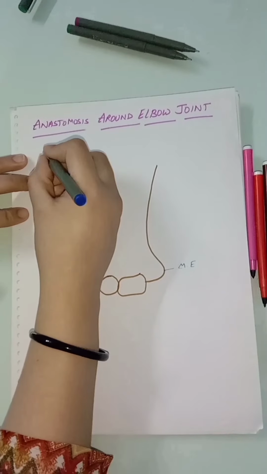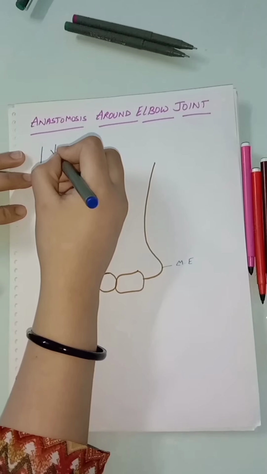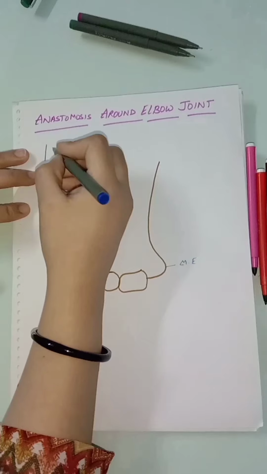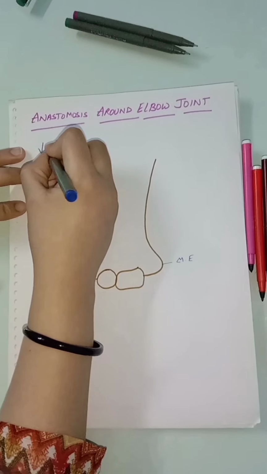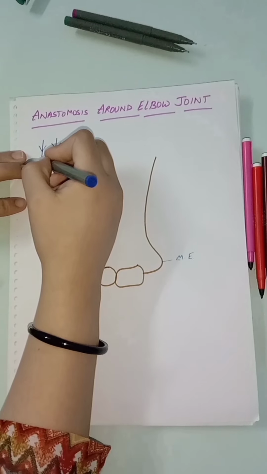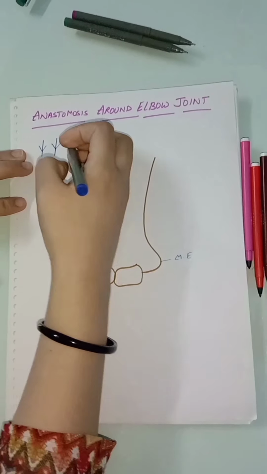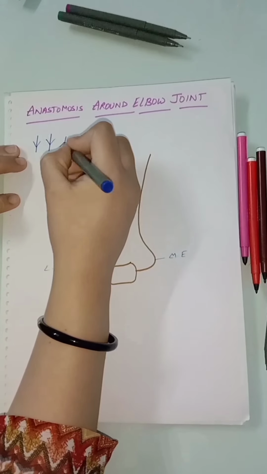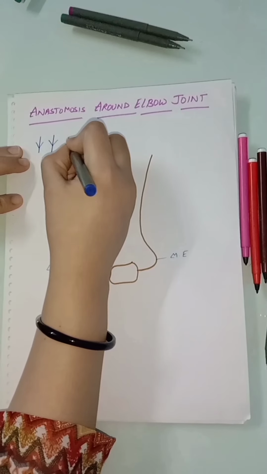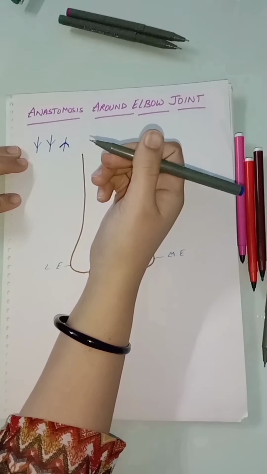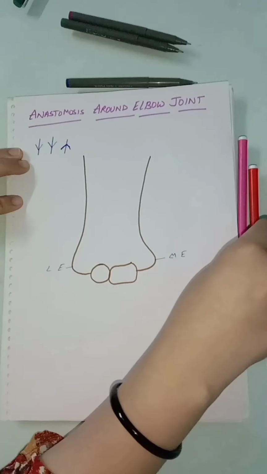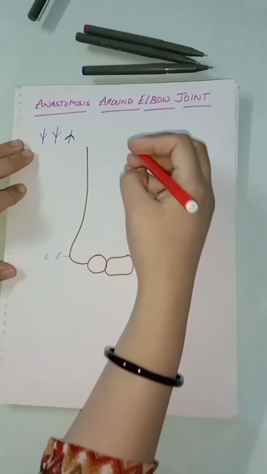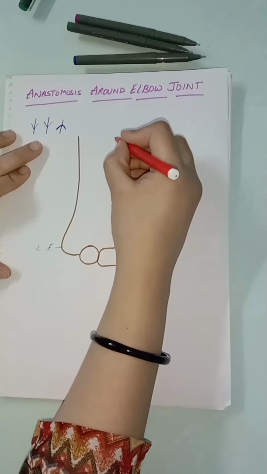If any artery is present parallel to the normal flow artery, which means this also has a normal blood flow from up to downward, this is known as the collateral branch. And if any artery has opposite blood flow from downward to upward, it is known as the recurrent branch. Got it? So, the arm region, the brachium region, has a brachial artery